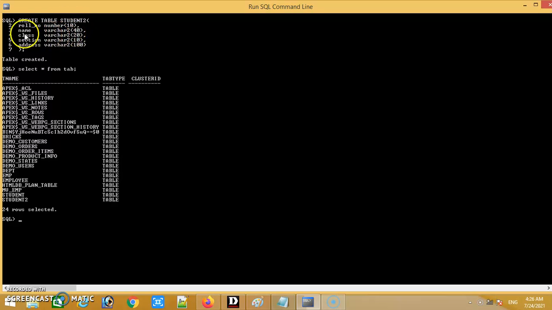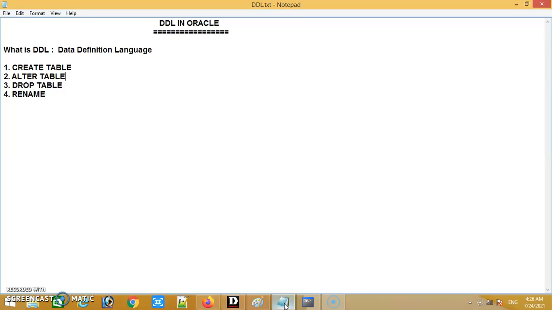So I have to change the definition of the column, the length of the column. For that purpose, I will have to use the alter table statement.